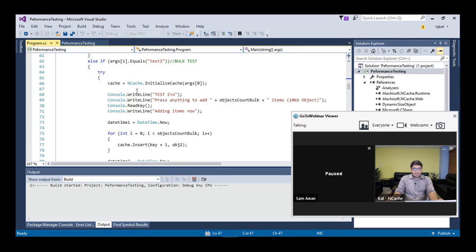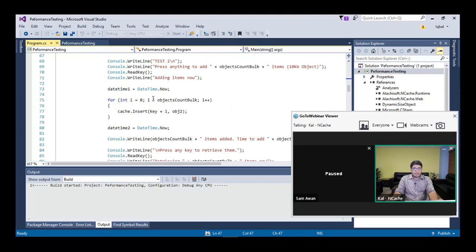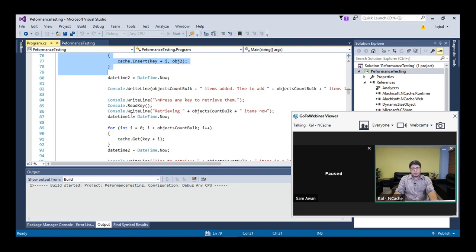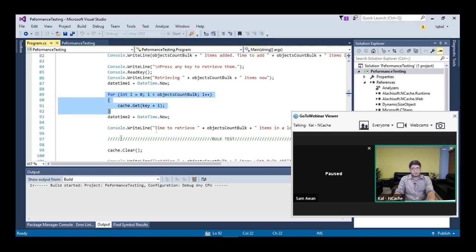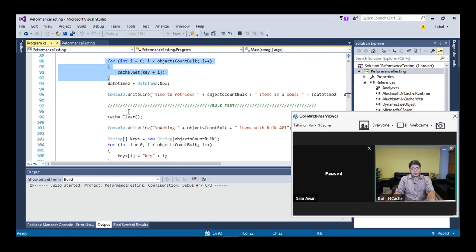So what this test is doing is adding 10,000 items of size 10 KB into the cache. Firstly, it is doing just a basic insert of adding these items into the cache, and then it's fetching all these items, and it's logging the time for additions and the fetching part as well. Once that is done, we get a baseline of how much time it took to add 10,000 items of size 10 KB into the cache.